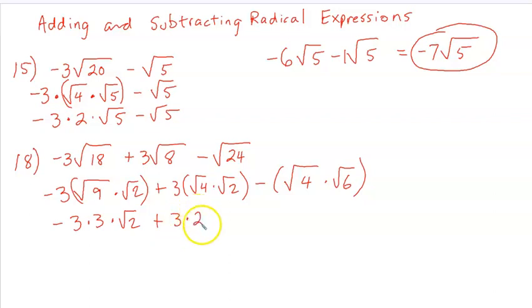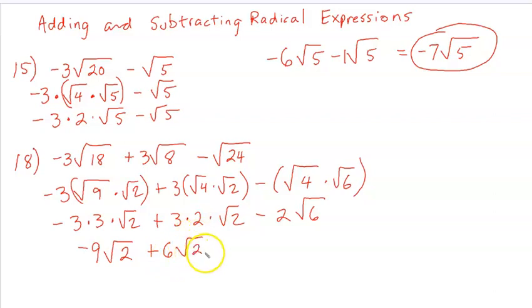3 times 2, that was the square root of 4, times the square root of 2. And then this is going to be 2 times the square root of 6. The square root of 4 becomes 2. Now I can multiply negative 3 times 3, that's negative 9 square root of 2. 3 times 2 is 6 square root of 2, minus 2